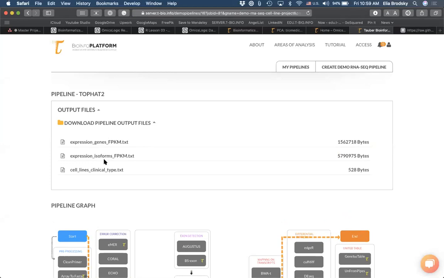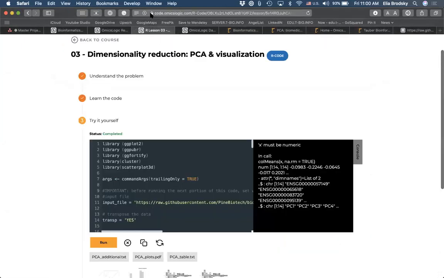Now, these expression tables can be studied using statistical analysis. But for statistical analysis, you need to have a hypothesis. You need to understand what kinds of groups we have in our data. What kinds of conditions? How do we compare them to each other? So now please come with me to a different area that we'll also go through in this program, and we'll see how to use principal component analysis to be able to visualize what we have in this table of expression. Okay, please go with me to